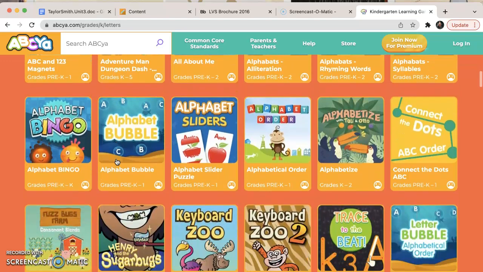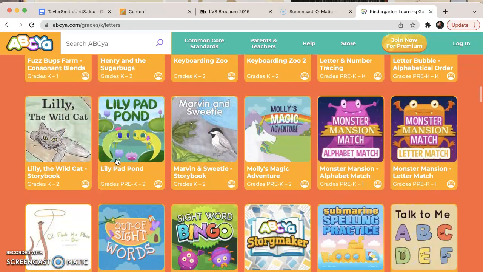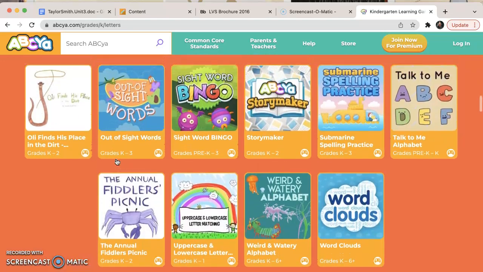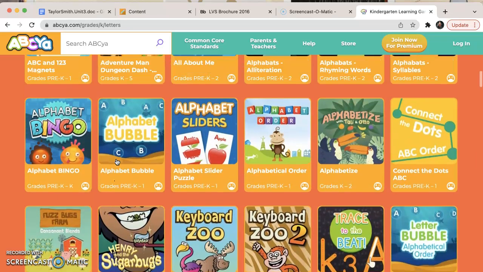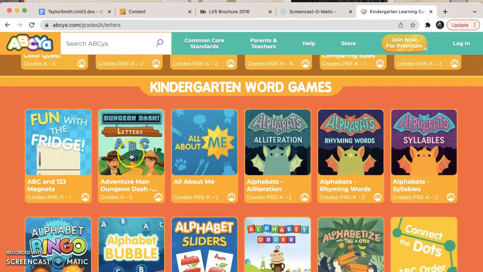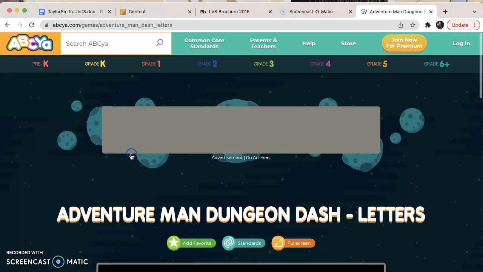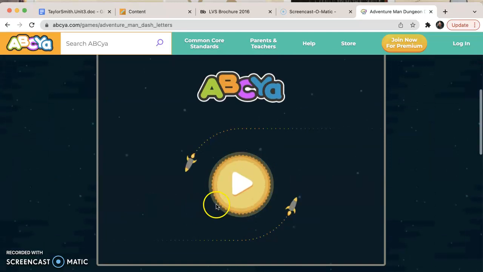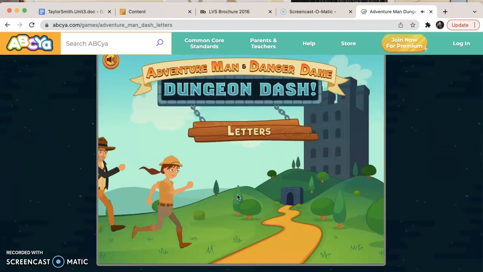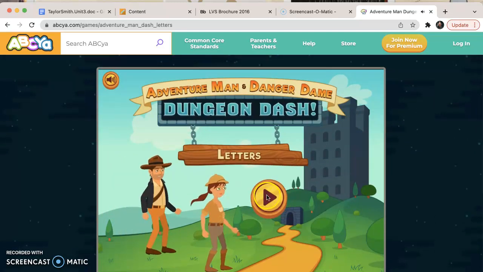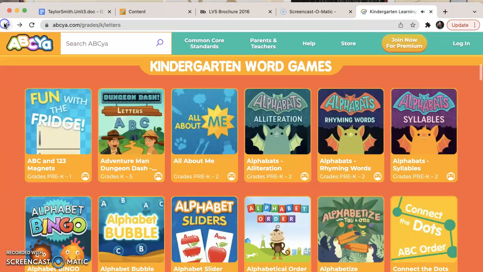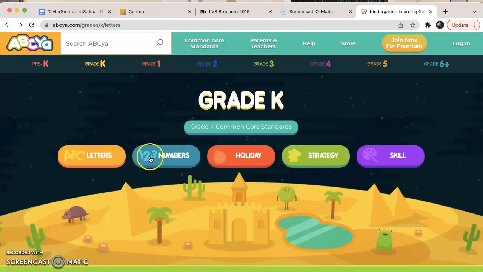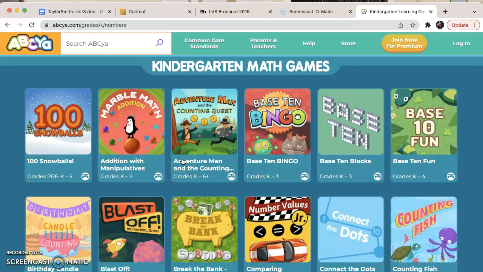And all these games in orange are your letter games. So when I say you can do ABC letters, these games in orange are the ones I'm meaning. And you just click on a game and click the little play button, and you can play it like that. So then, if I tell you you can do ABC numbers, you're going to click the numbers tab,